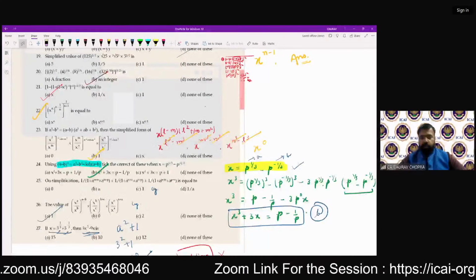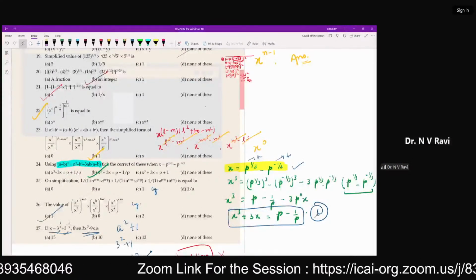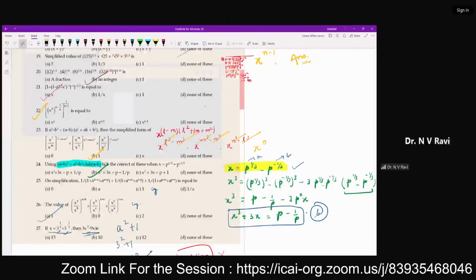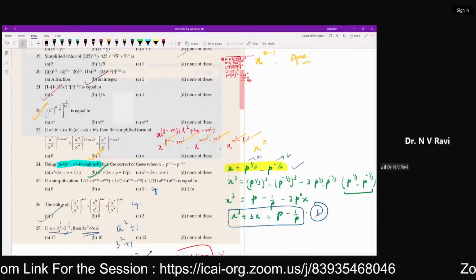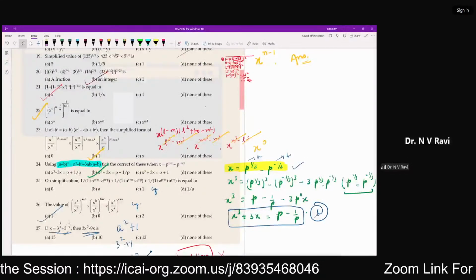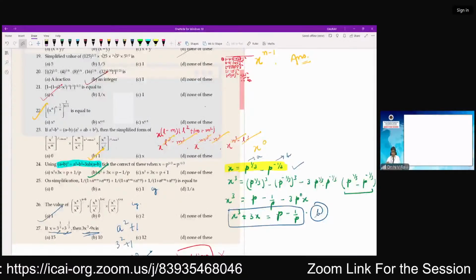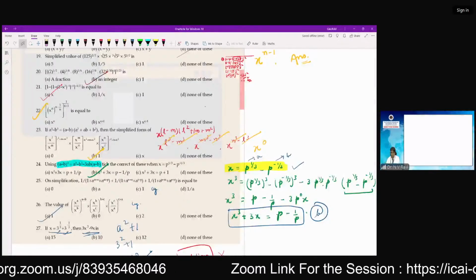Yes, sir. And this topic is ratio, proportions, indices, and logarithms. This is a very simple and easy chapter also. You also know very well. Actually, we are all studying for the last many years. The students are also being guided by us. My question is actually to the students, what are the problems they are basically facing in the questions.